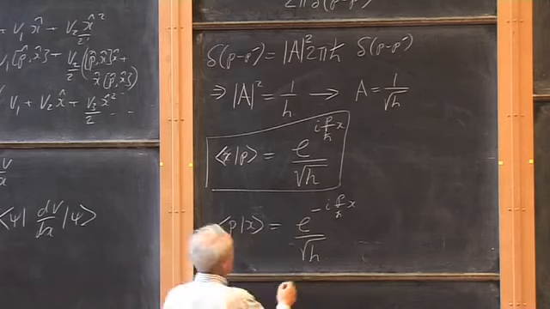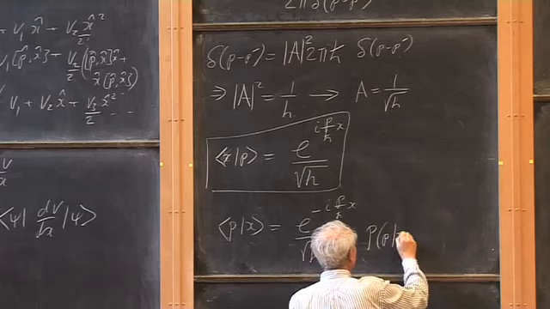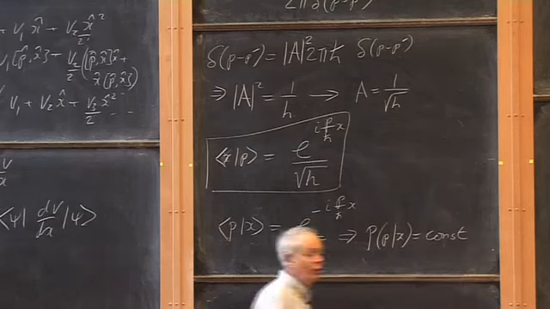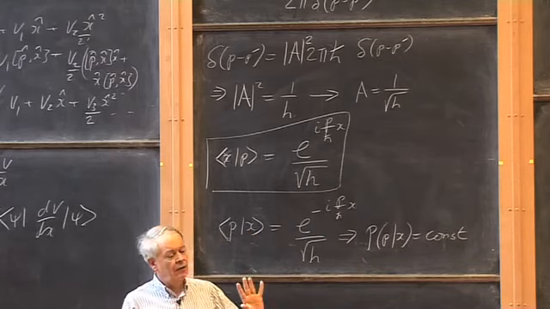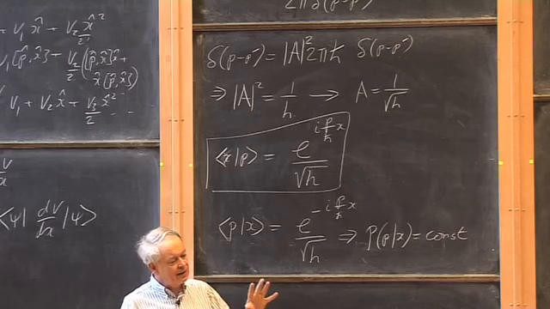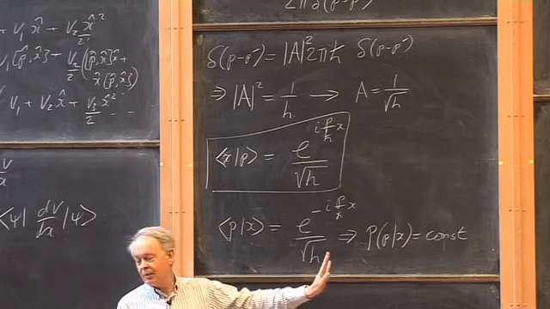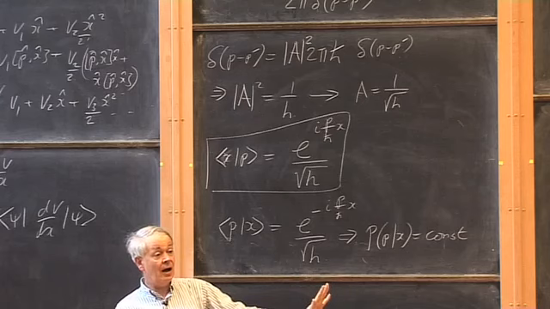So what does that mean? It implies that the probability of having p given x is some constant. All values of momentum are equally likely, from a momentum which is nothing very much, or 0 even, up to a momentum which is associated with some relativistic gamma, some large value of gamma. All momenta are equally likely, including extremely high ones.